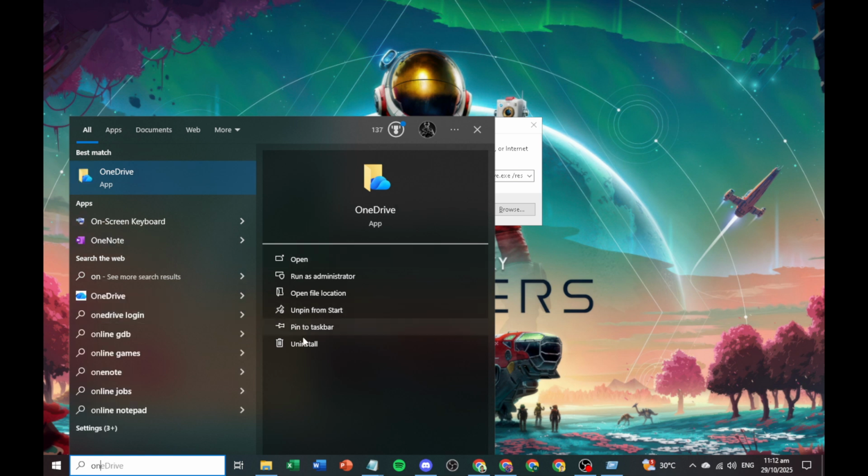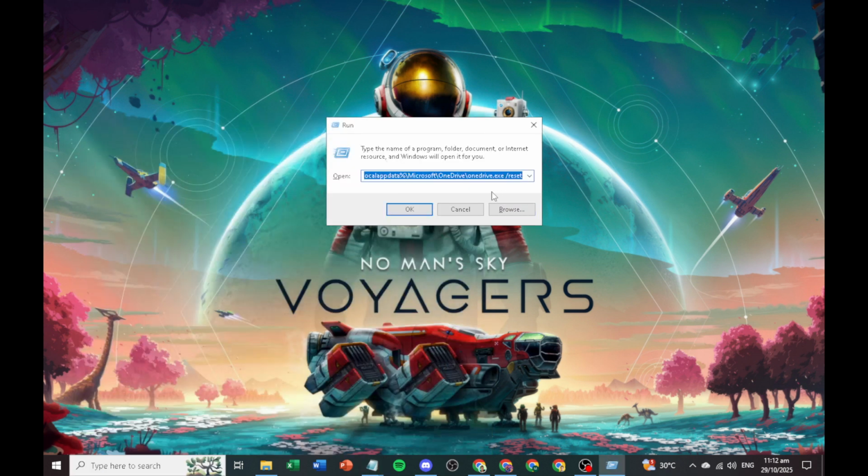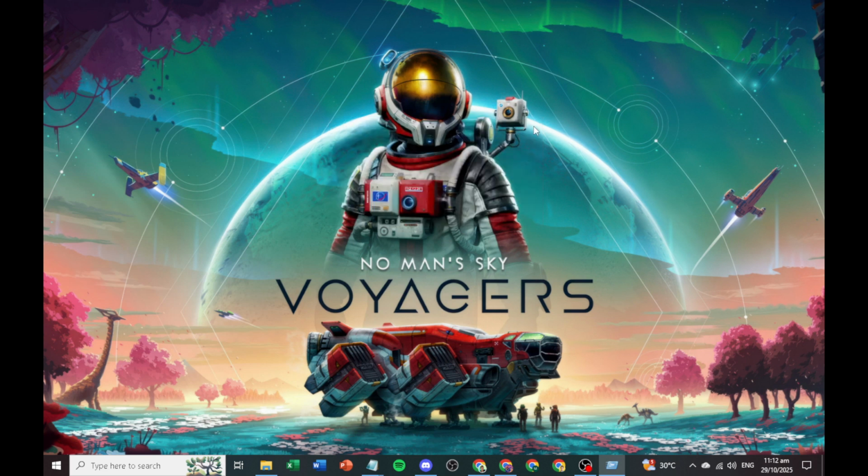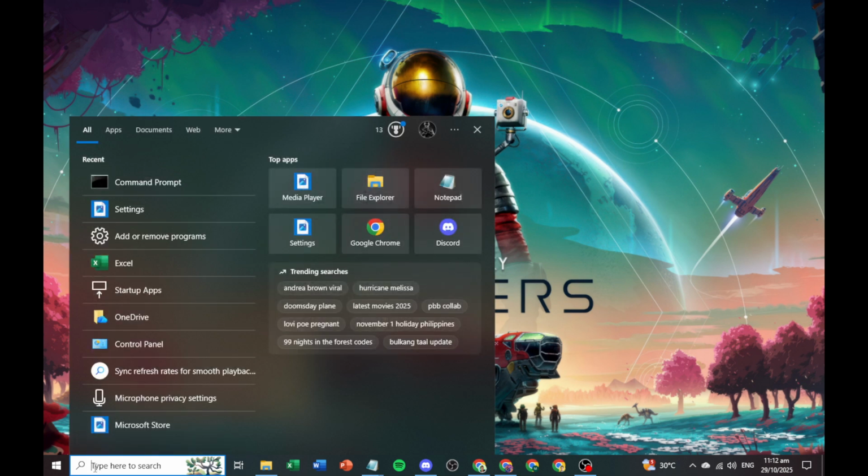Additionally, if you find that you're still experiencing issues with OneDrive, it's a good idea to check for updates and clear the application's cache. Sometimes, outdated software or a full cache can cause performance hiccups, so ensuring that OneDrive is up to date and running smoothly can help minimize future problems. Keeping your software up to date is always a wise move for maintaining the best functionality and security, and there you have it. By following these simple steps, you should have successfully resolved the